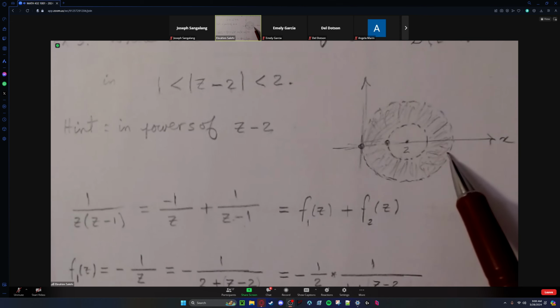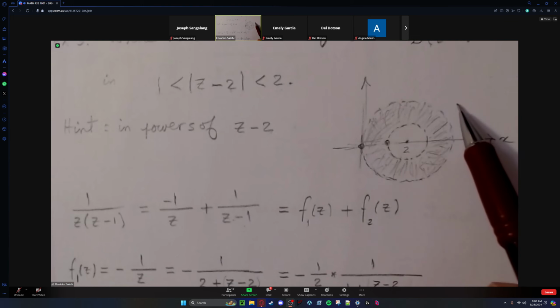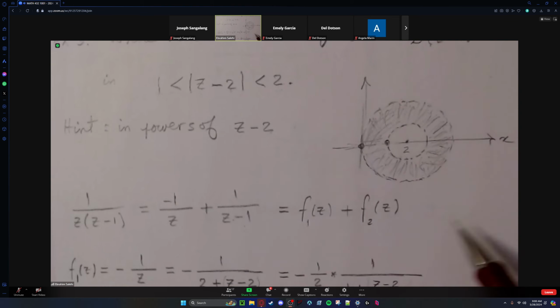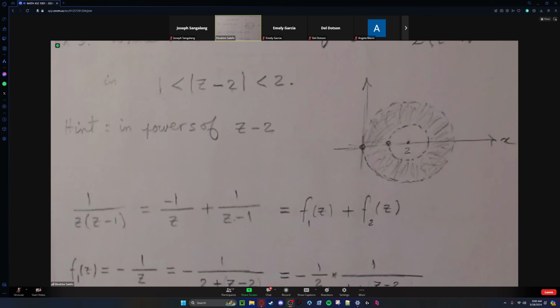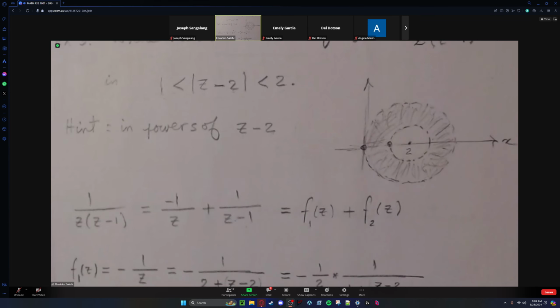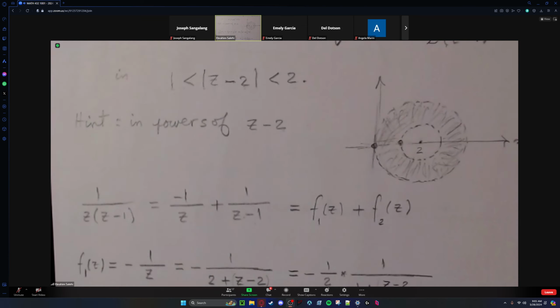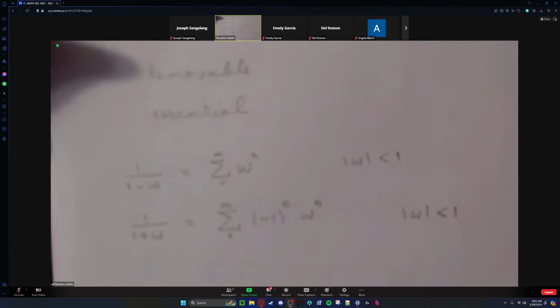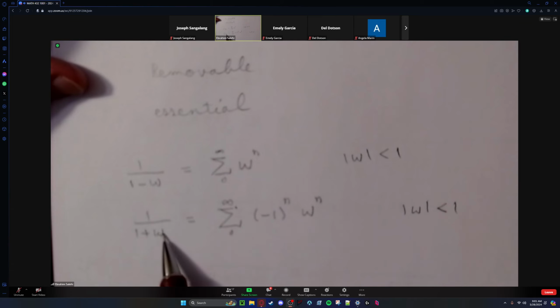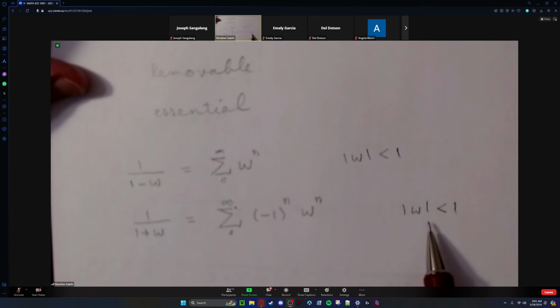Can I write the Laurent series of this function outside this big circle? Yes, we can, right? Outside that circle. But you always have to be careful that you are using one of these two. And the condition for using one of these two is that the modulus of W has to be less than 1. These are the key,